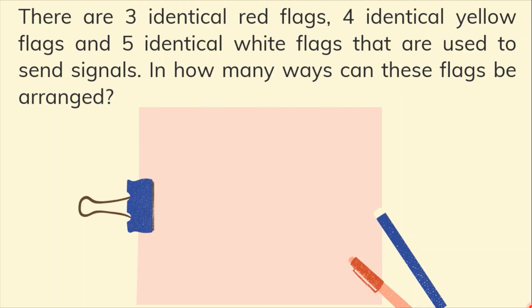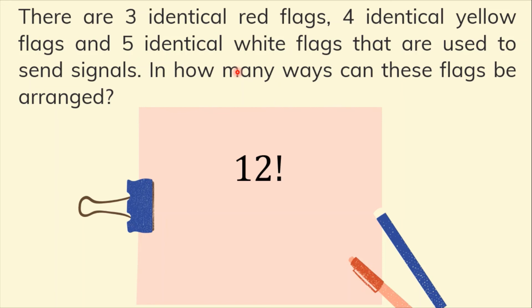For our last example, there are 3 identical red flags, 4 identical yellow flags, and 5 identical white flags that are used to send signals. In how many ways can these flags be arranged? So, para makompute natin ang distinguishable permutations, despite na merong identical elements, so gamitin natin ang formula. So, first, identify natin ilan ba ang total number of objects na kailangan nating arrange. So, we have 3 na red, 4 na yellow, 5 na white. So, ang total niyan ay